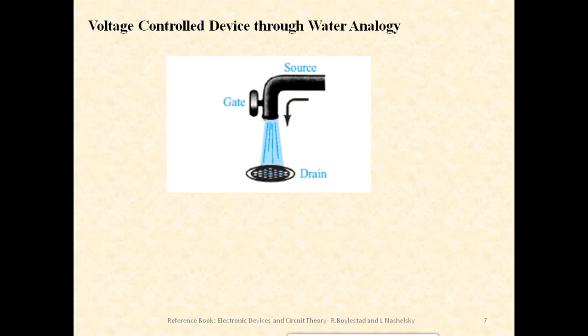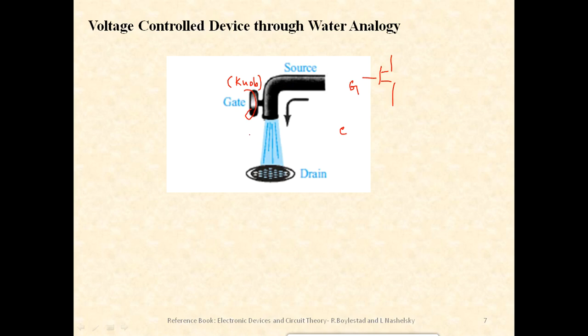So you will have to consider water as the flow of electrons, if you want to correlate it with a JFET. This gate terminal is like the tap here. This knob actually controls everything, which is the gate. As I go on turning the knob, I can control the flow of the water from source to the drain, and I can even stop it.